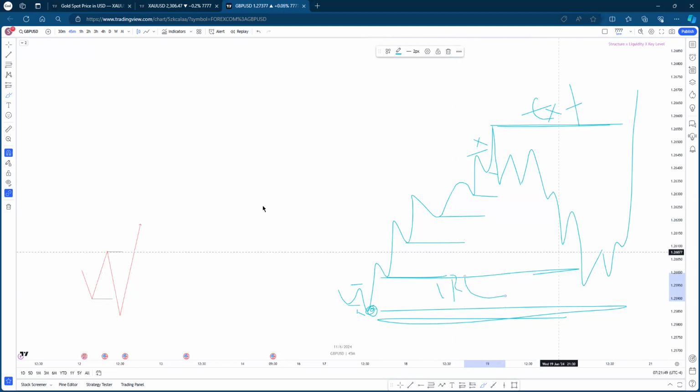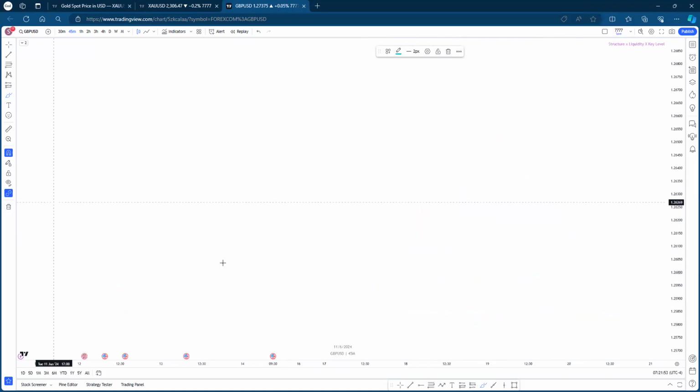So that is how you get to know when we begin to talk about defined ranges. How do you know that the range is being defined? Simple. The first thing you want to see is